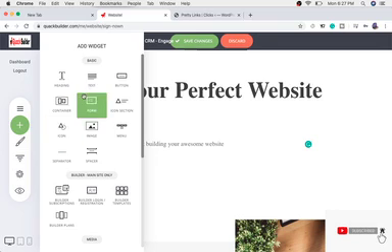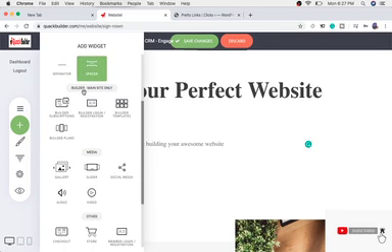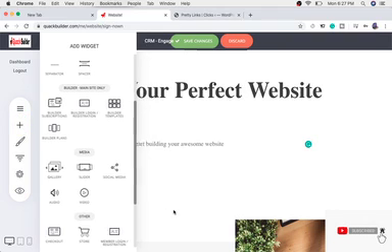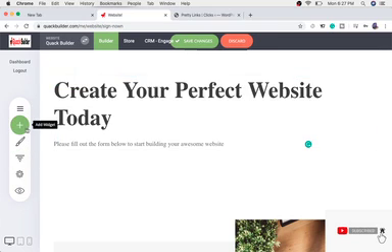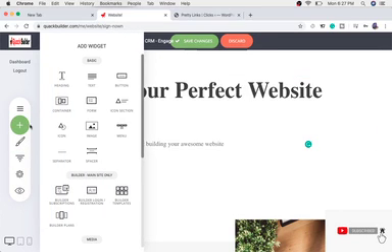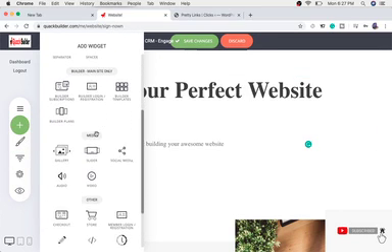Okay, guys, so basically I'm just gonna use the widget to create that form. So when they register, they sign up, they're gonna get instant access to the builder, so they can create their website. I'm just gonna click that little plus right there, and I'm gonna scroll down, and as you can see